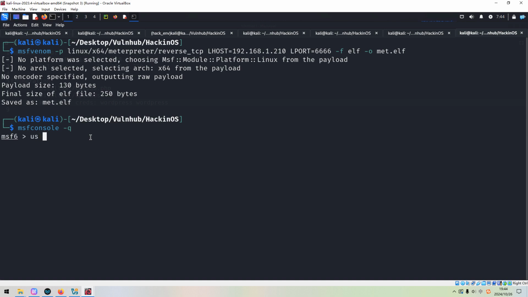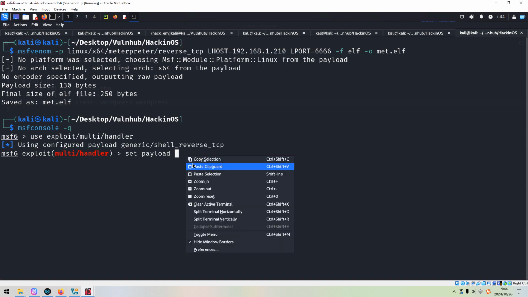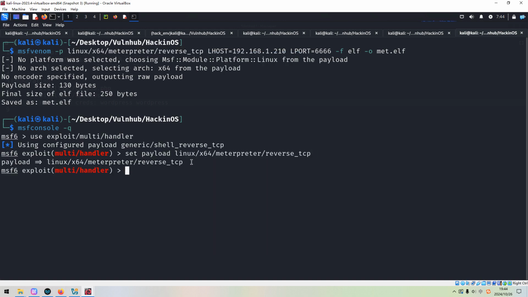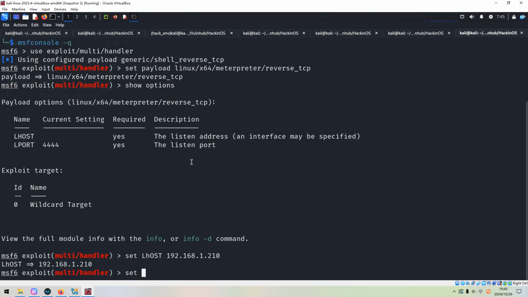So use exploit multi-handler, set the payload to this one. This should be the same payload. We can copy and paste, so then we will not make a mistake. Show options, we need to set localhost to our Kali Linux, set local port number.